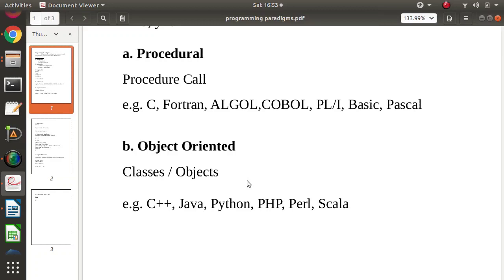Now what operations can we perform on this object, on this fan? We can switch on, we can switch off, we can change its speed. All these are the operations which we can perform on the fan. So what are the parameters of this object? We call them variables. And what are the operations which we can perform on these objects? We call them functions. When variables and functions combine together, it becomes a class.